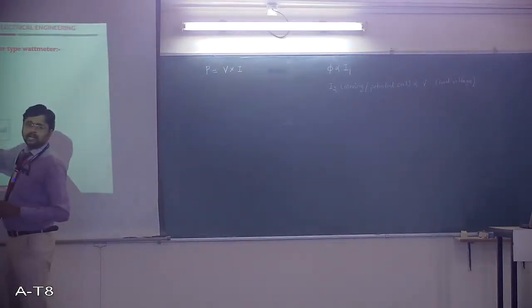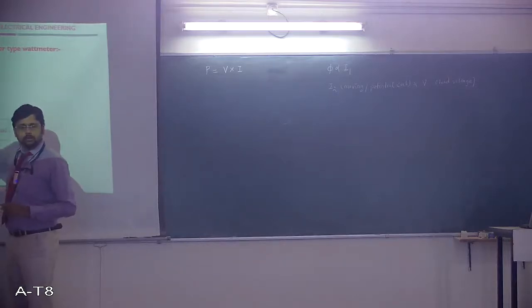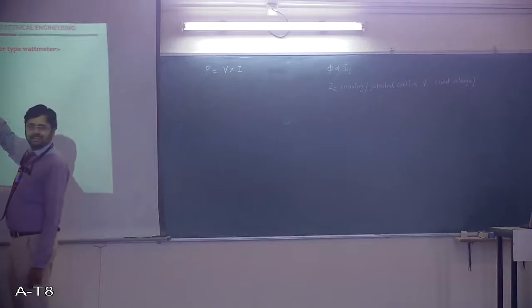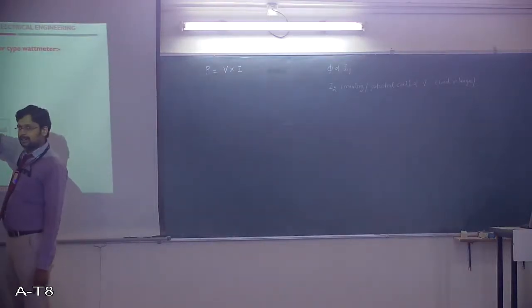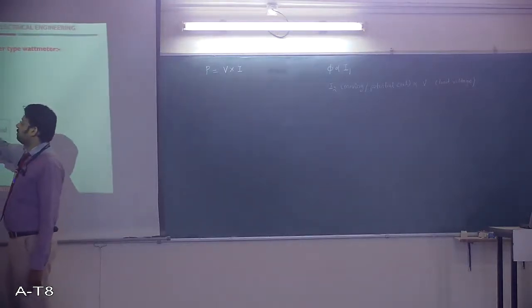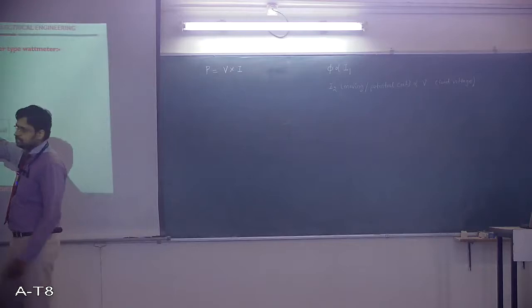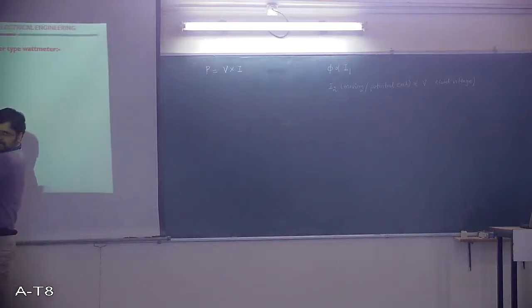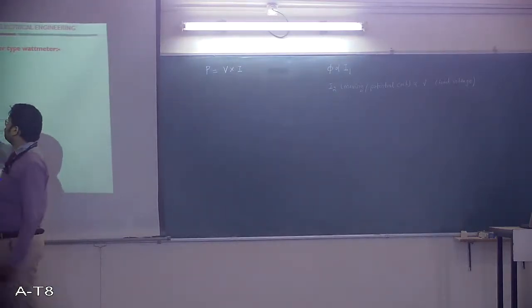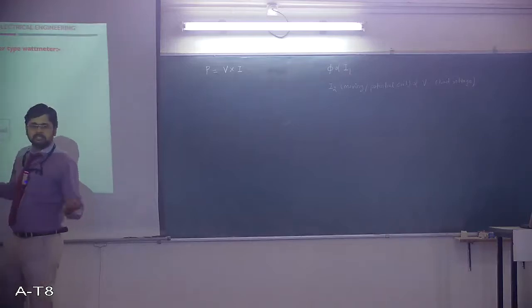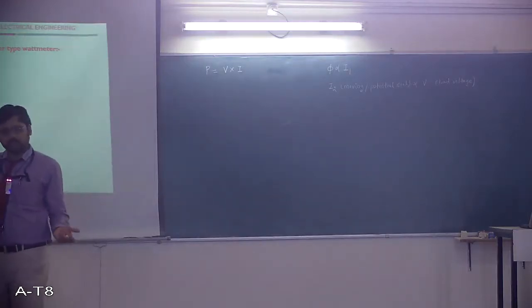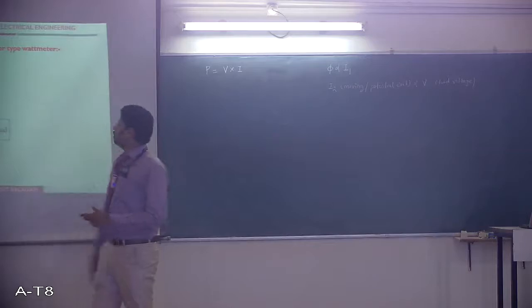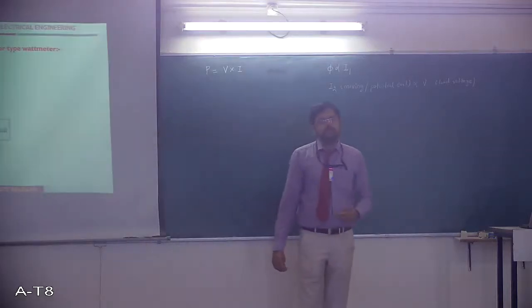Now, in the last video I discussed this: it represents the circuit notation of a wattmeter. This shows the current coil. It is connected in series with the load, and it has few turns. Similarly, this represents the potential coil or moving coil, because it is connected across the supply or across the load, and it has more turns, naturally showing more resistance. I hope it is clear. So this is the circuit notation of the wattmeter.